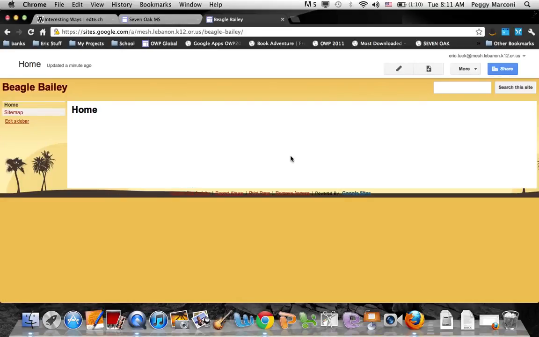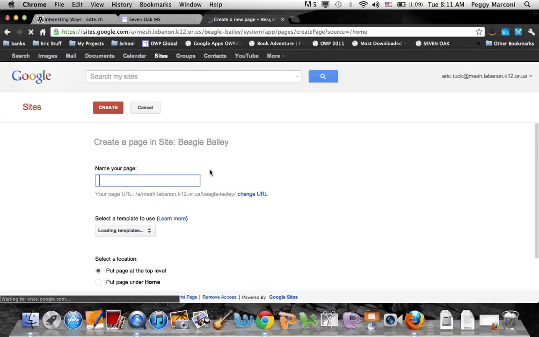And so this is the basic view of the website once you create a new one. You have a sidebar over here on the left. You have your editing tools at the top. These should be familiar to you by now. The pencil is an edit the page icon, and then you can add new pages by clicking the plus page here. So let's do that real quick. I want to create a new page for my website here,